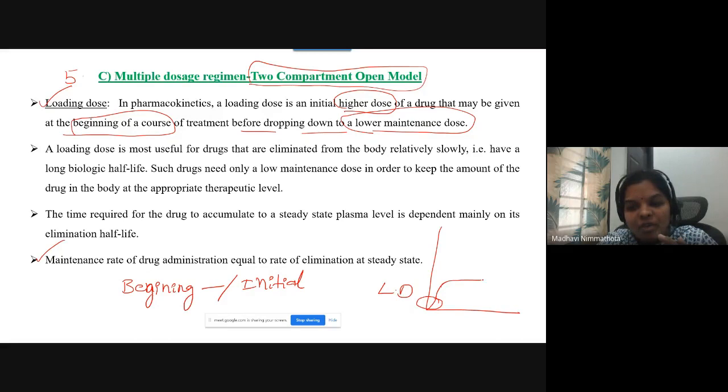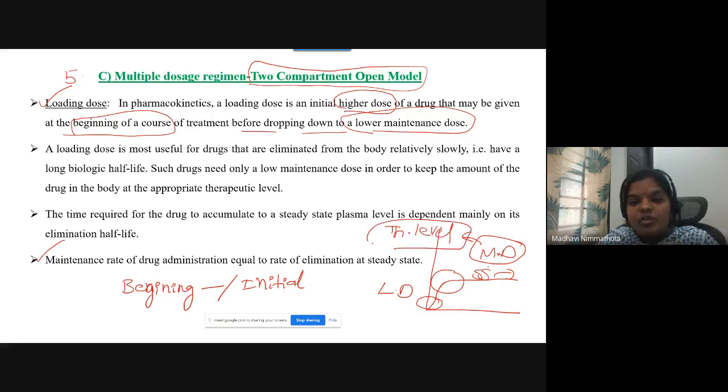After some time it will be sustained. Your action is getting to be sustained. So the steady state level is to be achieved through this maintenance dose. And with the help of this maintenance dose, you may achieve proper therapeutic level of the drug. So the therapeutic level of a particular drug can be achieved through this maintenance dose at the steady state plasma drug concentration level. And the loading dose is the starting or initial or beginning dose of the drug in the course